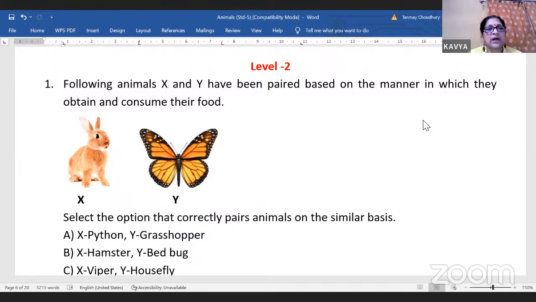No questions. Okay, following animals X and Y have been paired based on the manner in which they obtain and consume their food. Now here, this is a hare, a rabbit. And this is an insect. Hare is eating grass. It is a herbivore. And insects feed on the nectar of flowers. So let's see what is